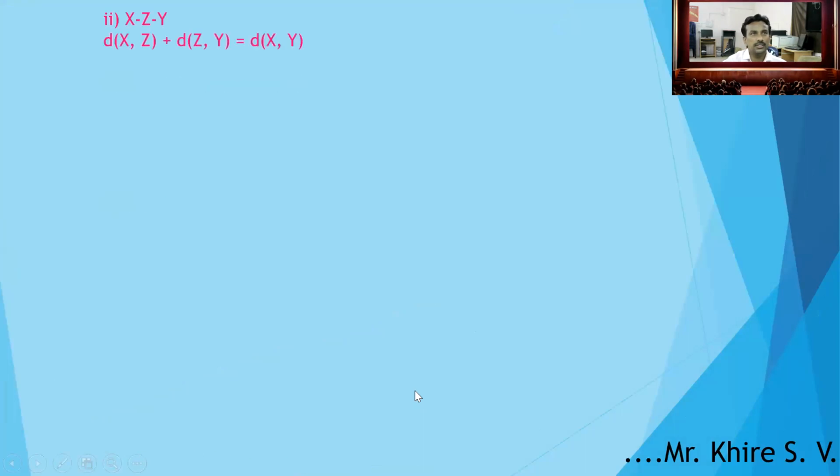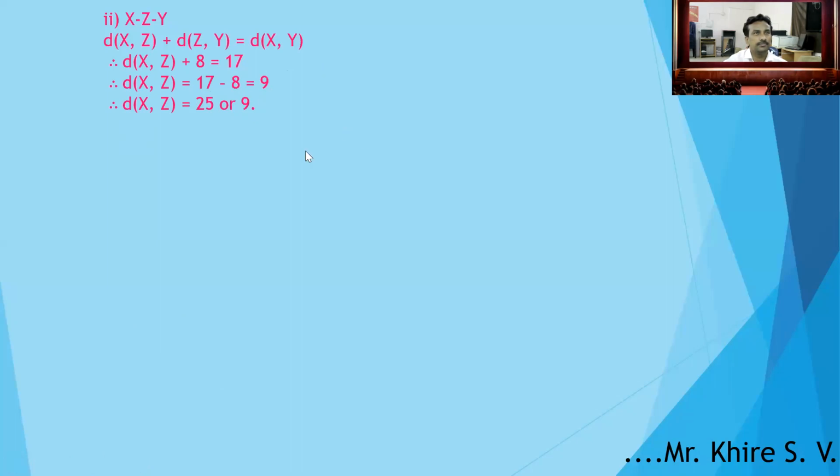Another possibility for this is XZY. Suppose point Z lies in between point X and point Y. Then distance XZ plus distance ZY is equal to distance XY. Means distance XZ plus 8 is equal to 17. Put the values, and then distance XZ is equal to 17 minus 8, which is 9. Therefore, distance XZ is 9. It means these two possibilities are there. Distance XZ is equal to 25 or 9. These both possibilities are there in the same case.